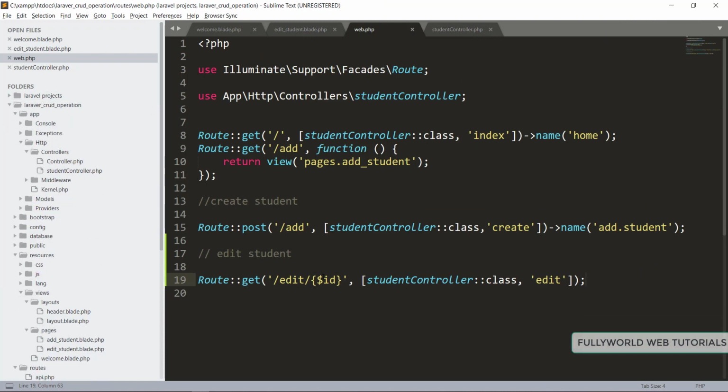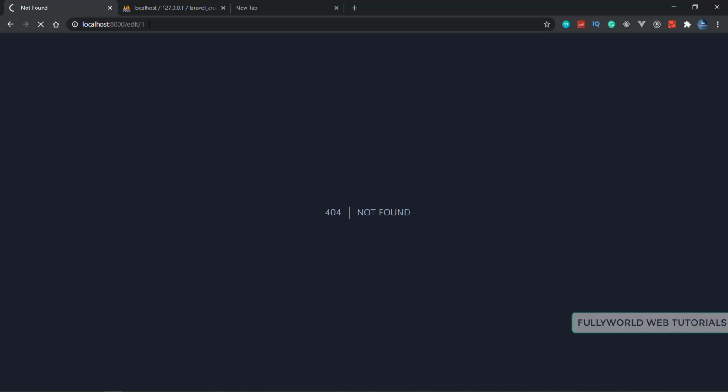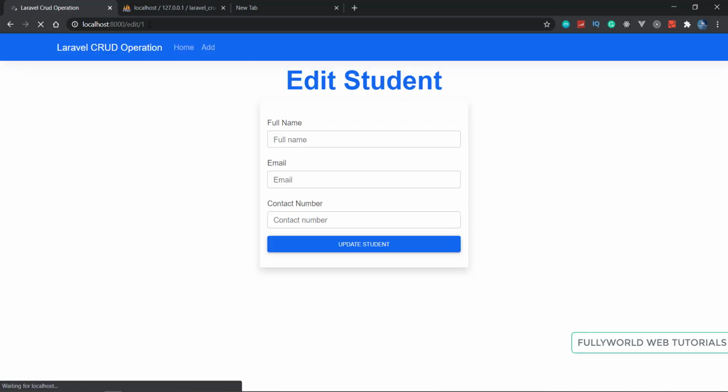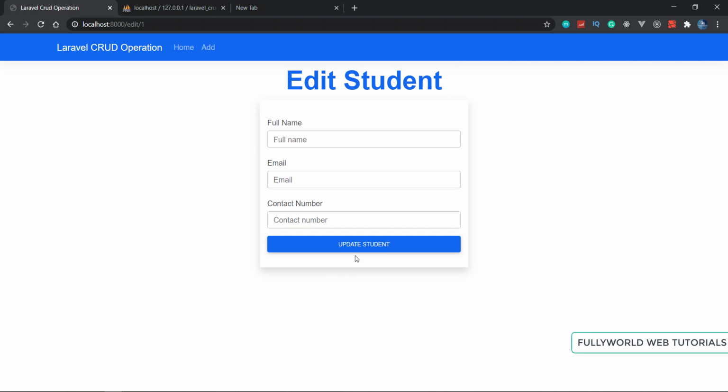Here, instead of $, I'm going to write simple id, and then simply reload it again. Now let's see if it is working or not. See that now we are getting the edit student page, but we are not getting any values here, and here update student also. And when I write 2 also here, we see that like this we are getting here.